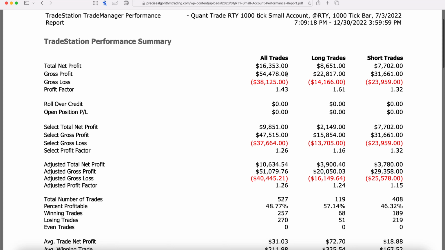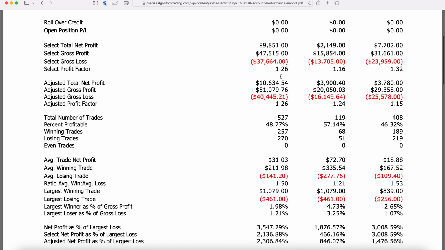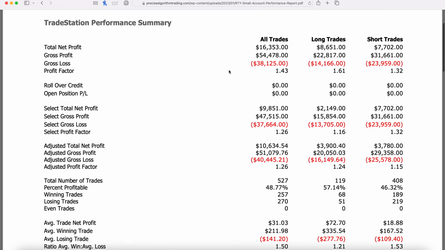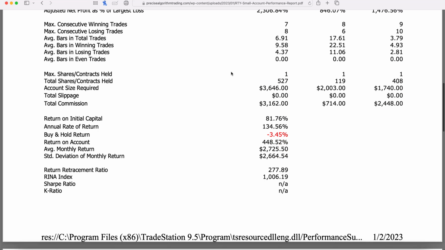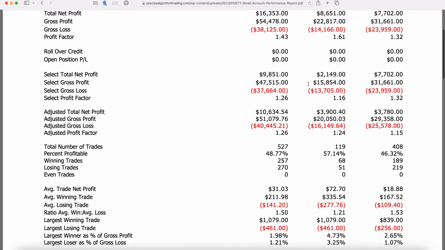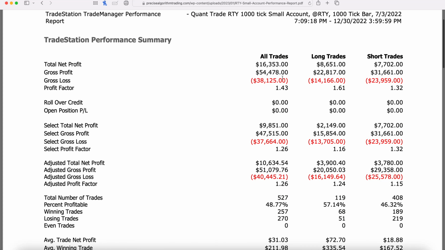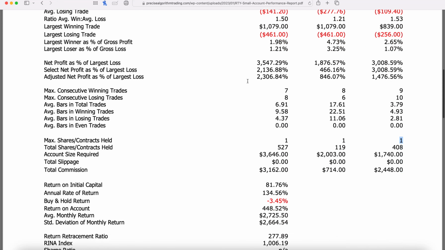We've got this stuff built, so you don't have to really concern yourself with it, although it helps to understand how all that works. But the big thing is this is max shares and contracts held, and that's one. So there's one contract. With this system, your account has to be able to afford one contract,